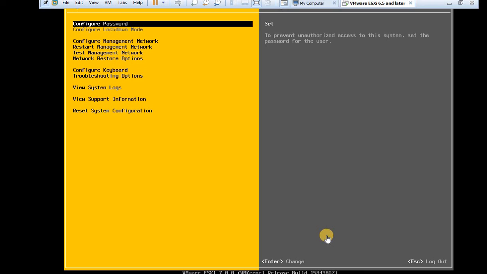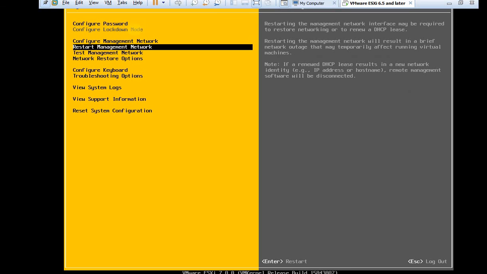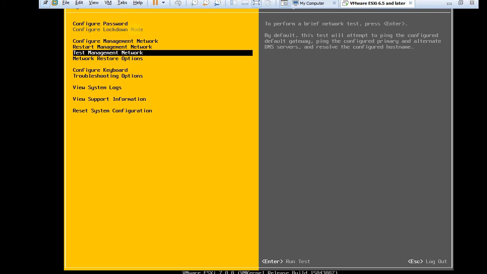Yes, these are the settings: configure password, lockdown mode, and so on. And this is the network management of this VM. Third, there is restart management network and test management network, and we have to cross check.